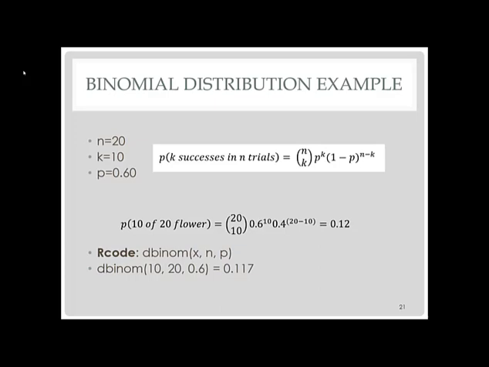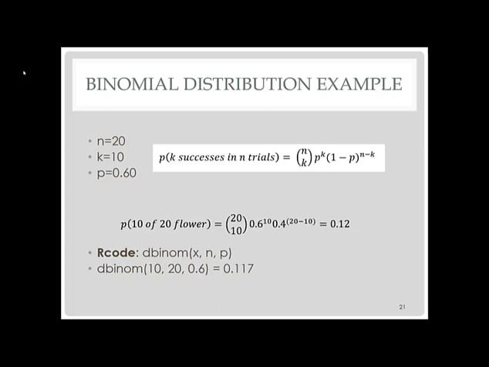Finally, we need to think about the assumptions underlying the binomial distribution. First, we need to think about the independence assumption, that the trials are independent, meaning that the propensity of one plant to bloom does not influence the probability of another plant blooming. So we need to think about and know a bit about the biology of the plants and study them to see if there is some spatial patterning in blooming across the 20 plants.